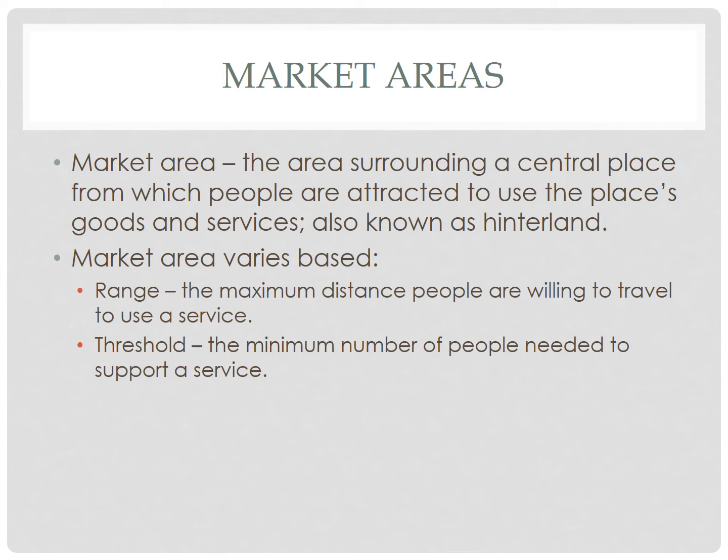Now, market areas vary based on a lot of different things, but 2 things in particular are range and threshold. Range is the maximum distance that people are willing to travel to use a good or service. Okay? For example, there's a couple ways that we can classify this. Okay? We can classify services as being high range, meaning that people are willing to travel very long distances for